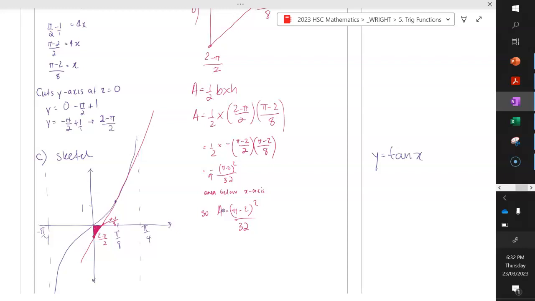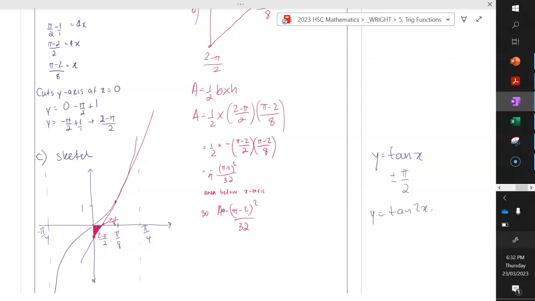My asymptotes for tan of x are actually going to be pi over 2, or our first two asymptotes, either side of 0, are plus and minus pi over 2. So this first dotted line here and this other dotted line here are asymptotes at pi over 2 and minus pi over 2. But the curve that we wanted to look at is tan